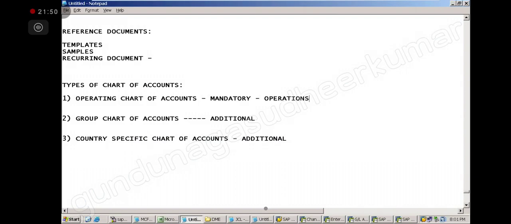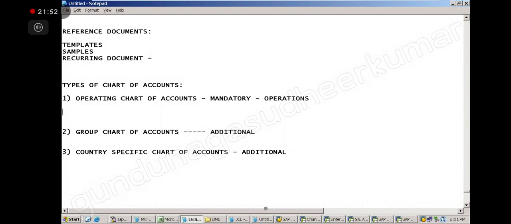The chart of accounts we created, TECA, is nothing but the operating chart of accounts. When we were creating it, we did not know it was operating, but we actually created the operating chart, which we are using for operation.